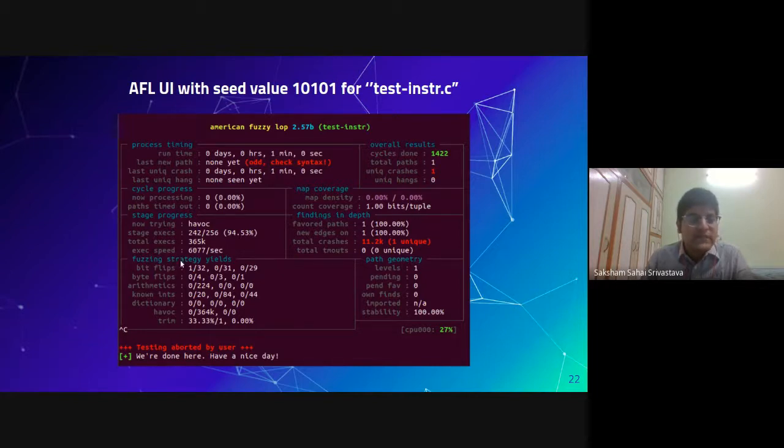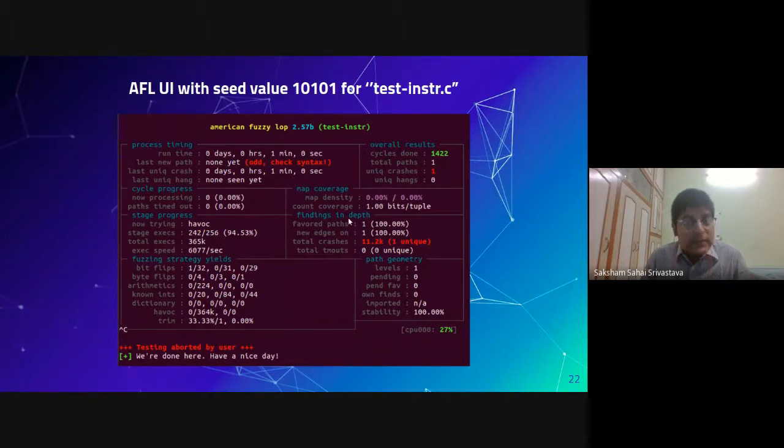Now, these were the fuzzing strategies which I talked about in the beginning. These are bit flips, byte flips, arithmetic, and trim also. A bit flip is something where the fuzzer makes one as zero or zero as one. And for trimming, you can say that for a string it may remove a space or some part of the string. It can just trim without changing the initial test case, without changing the program behavior.